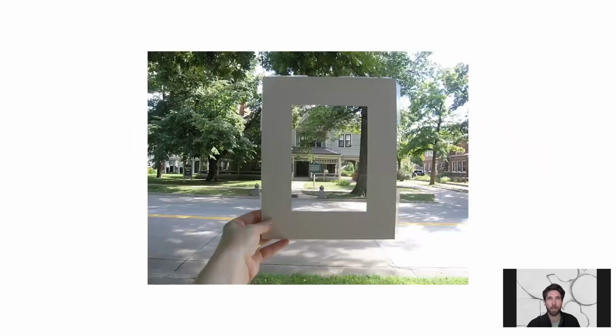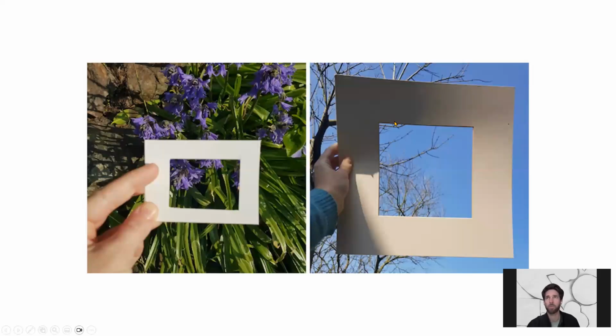As far as the viewfinder, I had these pieces of cardboard that we cut out today, and I think many people had used viewfinders before, but they had used the ones that had maybe a more narrow frame. And I think that having a slightly wider frame is super helpful because there's something about more being hidden that's outside the image that allows us to be a little bit more intentional and considerate about how we're framing the device. Also, during class, I showed that you can just put a piece of tape across if you need to change the proportion. Just put a piece of tape here that you can move around depending on what you're